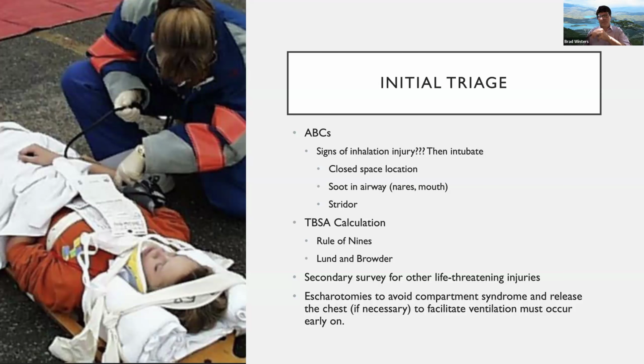Literally between the time the patient gets burned and by the time they arrive in your ICU, they can have massive swelling, especially if they have been getting resuscitation between the site of where the burn occurred and your facility. And escharotomies are often necessary to release the tissue to prevent compartment syndrome and loss of limbs, as well as other complications, which we'll talk about in a few more minutes. Does anybody have any questions so far?